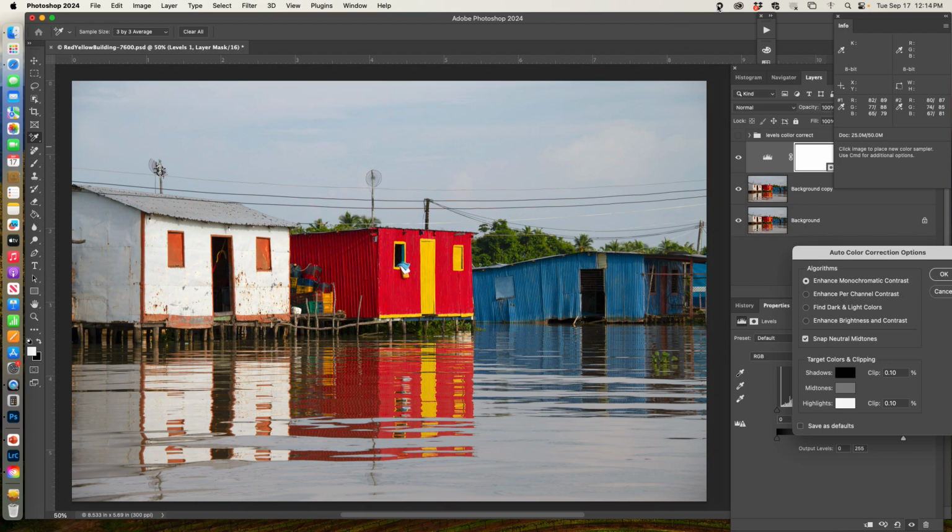Is this an option if your screen is not calibrated? All right, I'm going to stop recording real